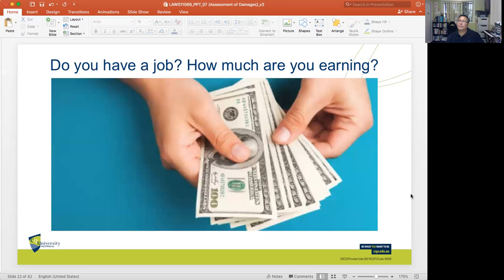So we've covered so far the once and forever principle. We've talked that as a matter of common law, payments are done as a lump sum, although periodic payments may be permitted if there is an agreement entered into by the parties and that is embodied in a consent order that is then issued by the court.